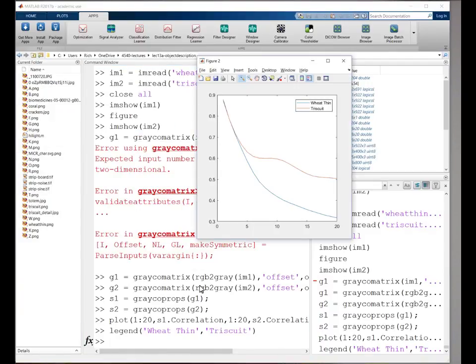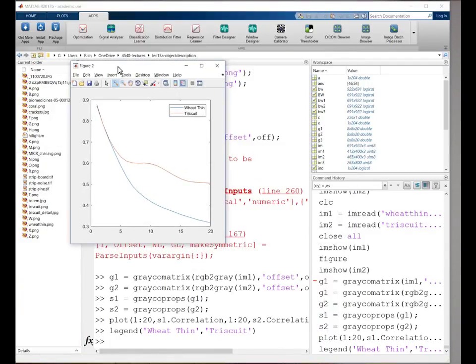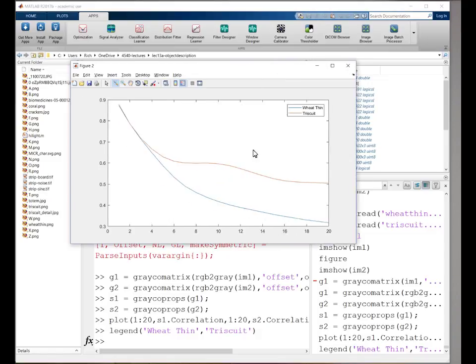So again, there is some relationship between adjacent values on the wheat thin, the blue line, because it's not like the wheat thin is a noisy cracker. It's got a smoothly varying texture. The further I go away in terms of the column I'm at, the less predictable anything is. Here, I can see that there's a lot more predictability in the Triscuit, and there's a little local peak at around 10 pixels in how predictable things are. And if I go back to look at the Triscuit,